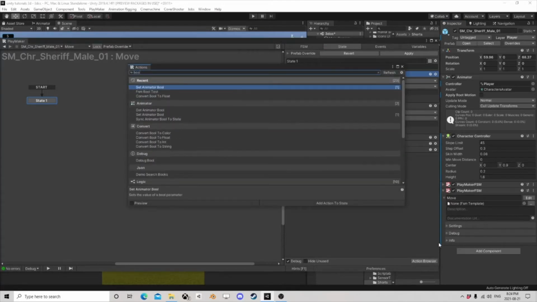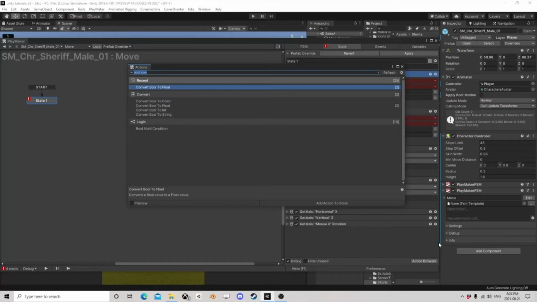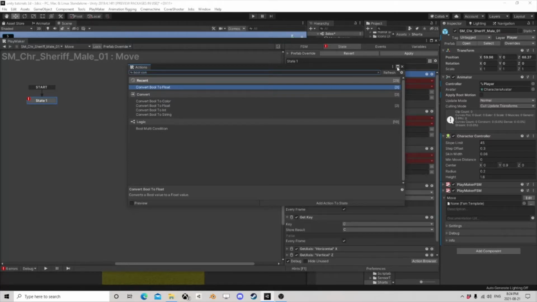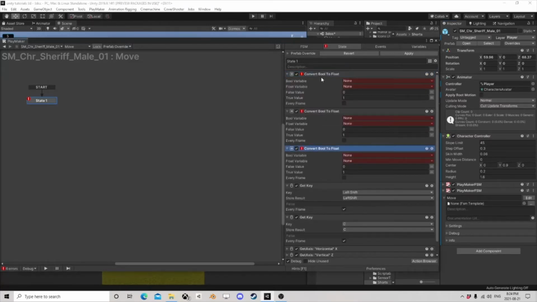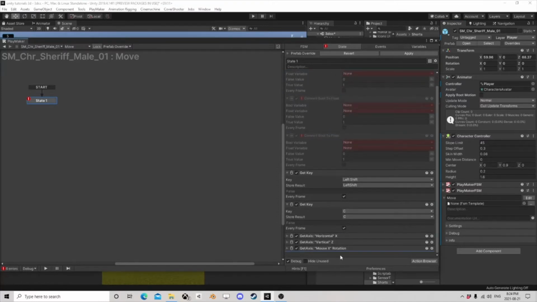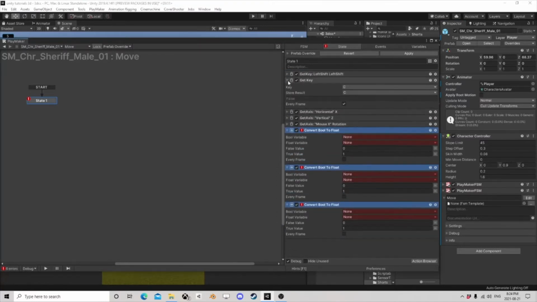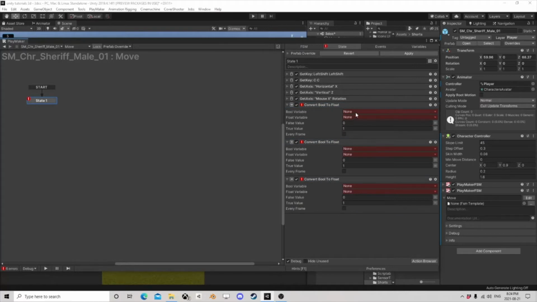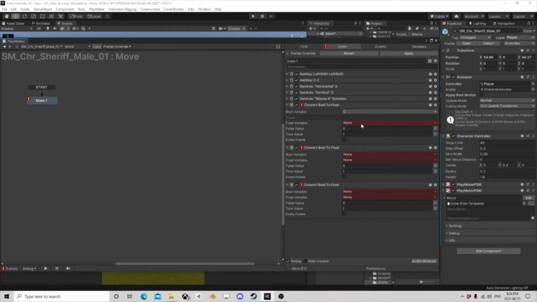So now bool convert to float. We need a couple of those. Actually, we need 3 of those, to tell you the truth. So I'm going to take all 3 of those and drop them down below all of this stuff. Shrink this because we don't want to see it anymore. So we're going to take C, and we have a float value now of